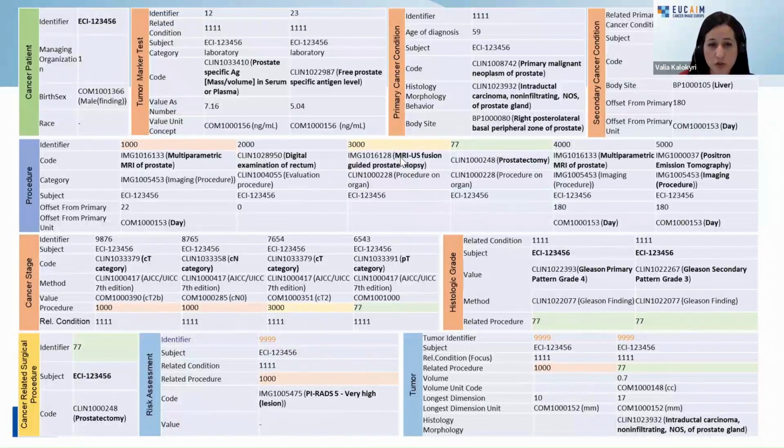Another important thing that I want to mention here is that you see by the colors that, for example, the fusion biopsy is connected with this CT category, the MR gave this CT staging, or the prostatectomy, the Gleason, or the tumor that came up from the prostatectomy, or for example, the tumoral information that came up from the MR. And through that construct here, the tumor, we can actually see the evolution of specific tumors, for example, from T0 to T7, or if there is a difference in the tumor characteristics.